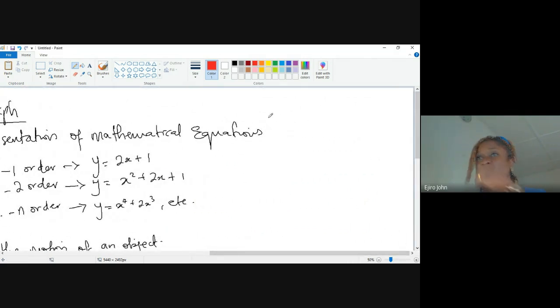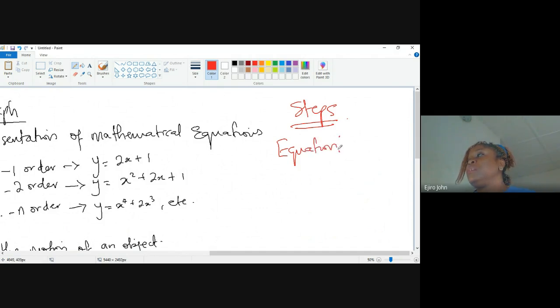First of all, when you're plotting a graph, these are the steps that you take. First, you have the equation that will be generated. Either you will generate the equation or it will be given to you in the examination. So let's try y equal to 2x plus 1. That's step 1: identify the equation. Step 2: draw a table of